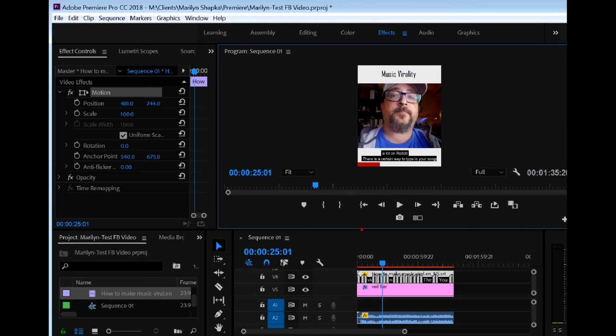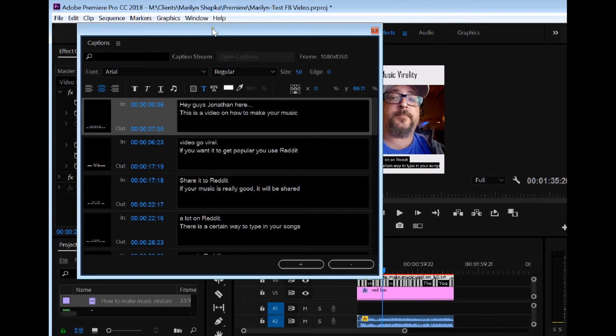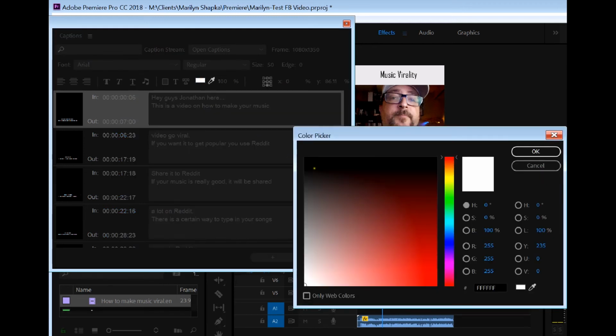So now we've got to get rid of that black background stuff. We want that white text to be black, and we want that black bar to be gone. So I'll bring up the caption window. If we click, I haven't been using captions in Premiere much, so that's why I'm slow at this. So what we do is, we want the text to be black. So that text is black,